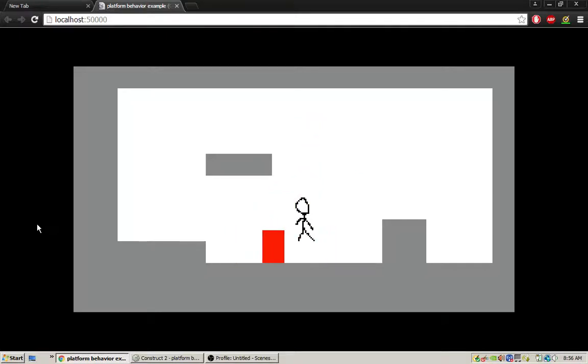But left and right seems to move pretty well, the speed moving left and right. So that's pretty good. As you can see, when you're moving around, the box correctly stops when it hits a wall, the floor, and the ceiling. So it works pretty good, and that's without any events yet. All we've added is just behaviors and sprite objects and a tile map, and that's about it. So as you can see, you already have a lot of functionality going on without much work. Okay, so let's go back to the editor